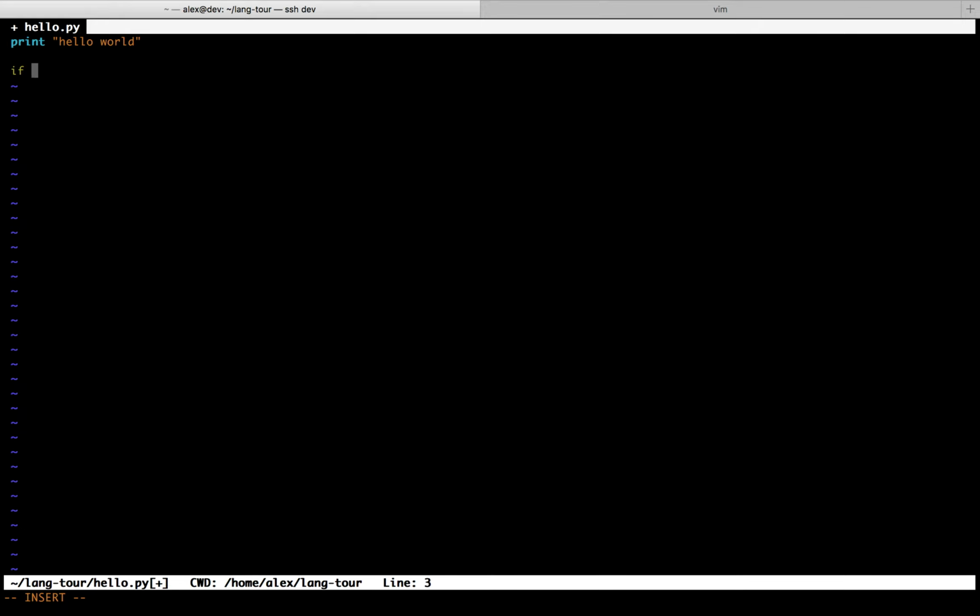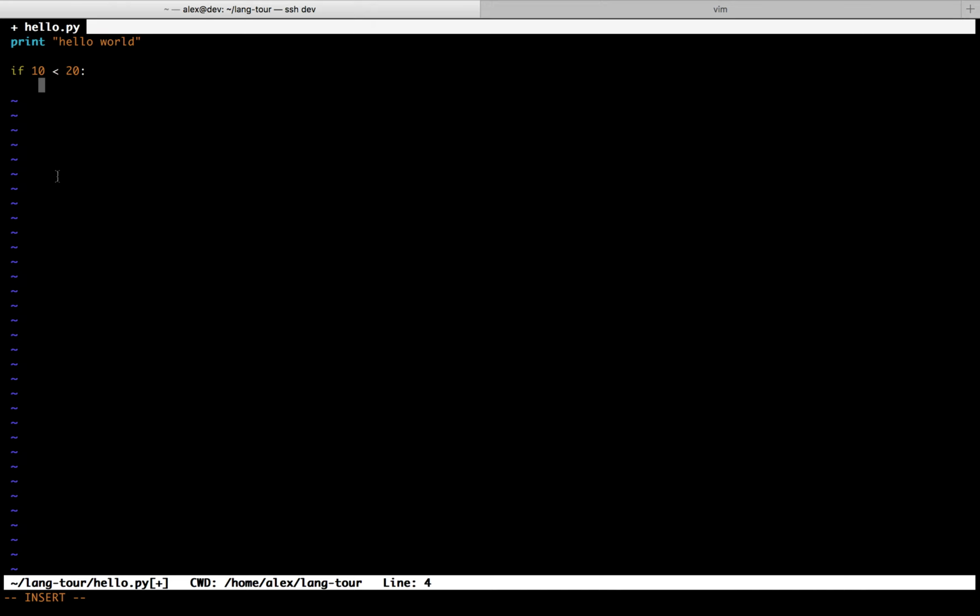So when I'm talking about whitespace sensitive, let's say I wanted to write an if statement. So I say if 10 is less than 20. So the first thing you notice is you didn't have to type any parentheses, so that's nice. And you also didn't have to type any brackets, so that's also nice. So what Python does is the way it detects what code will be run if this condition is true